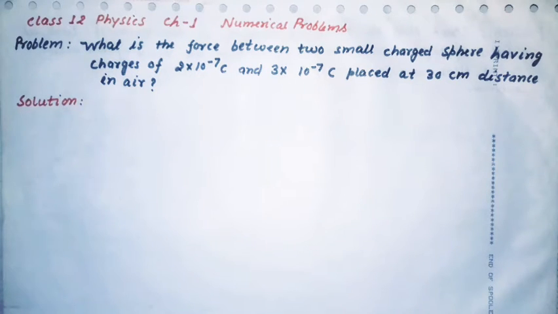First we note down what is given in our problem, then we note down what we have to find out, and then we will establish a relationship between the given and the required things. Basically we use a formula and then we calculate the required value. So now, start.